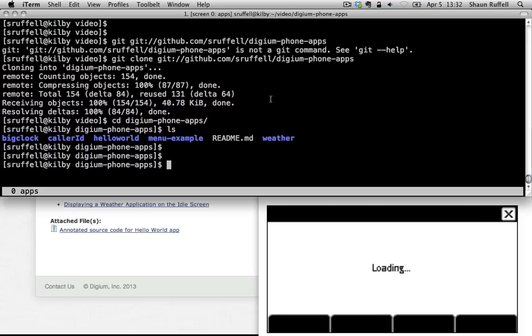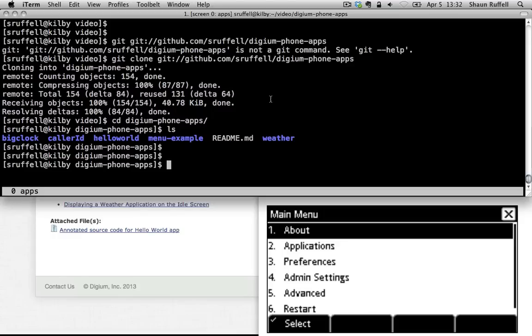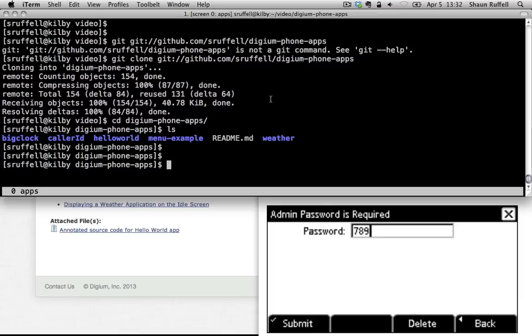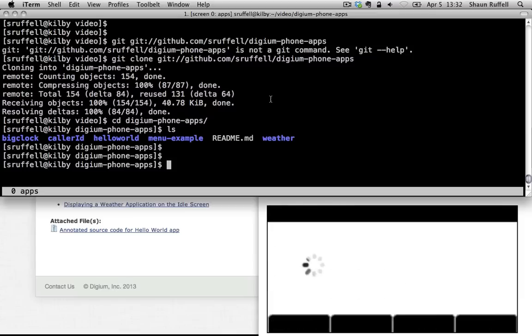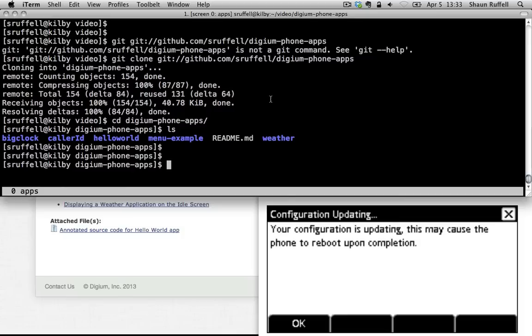So I'm bringing up the menu. It's coming, it's coming. Okay, there we go. So bring up the menu, go to admin settings, type in your admin password, system tools, and then option 2, enable app development. So once you have that enabled on your phone,